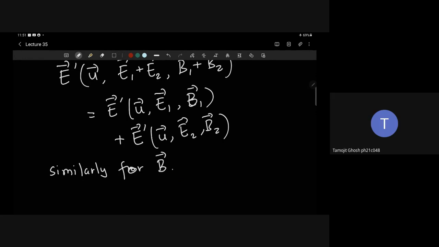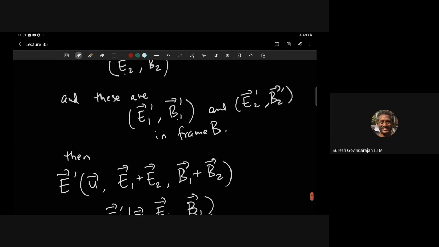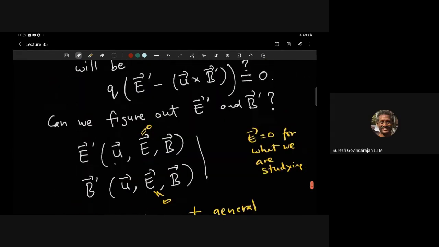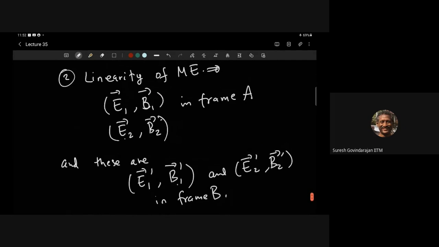So what is this normal E prime in relation to E1 prime dash and E2 prime dash? We don't know that. We don't know this formula. We are going to derive a formula for this. No, sir, the E1 prime dash and E2 prime dash that you had defined? Yeah, later. So what I'm saying is, suppose observer A was in some setup, so these two observers exist.